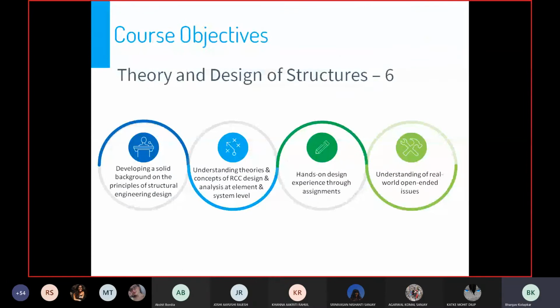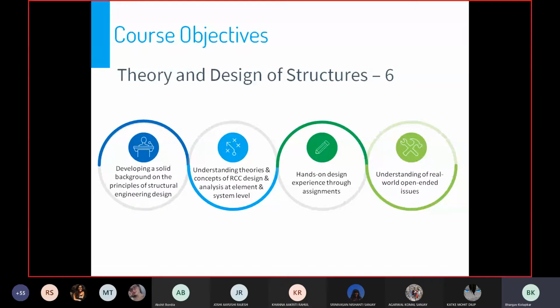So similar to Theory and Design of Structures 5, in this course, we are going to primarily work on developing a background on the principles of structural engineering design. To start with, we are going to understand theories and concepts. And as we move on this semester, we are going to try to have some hands-on design experience through